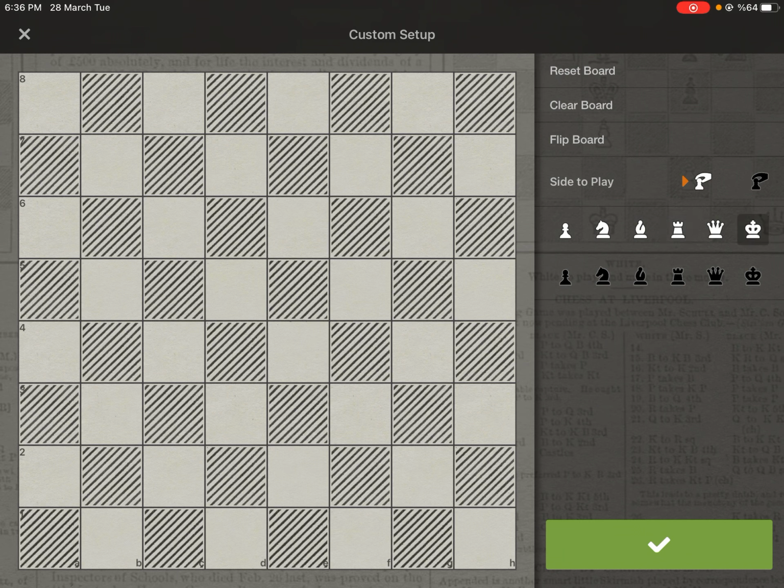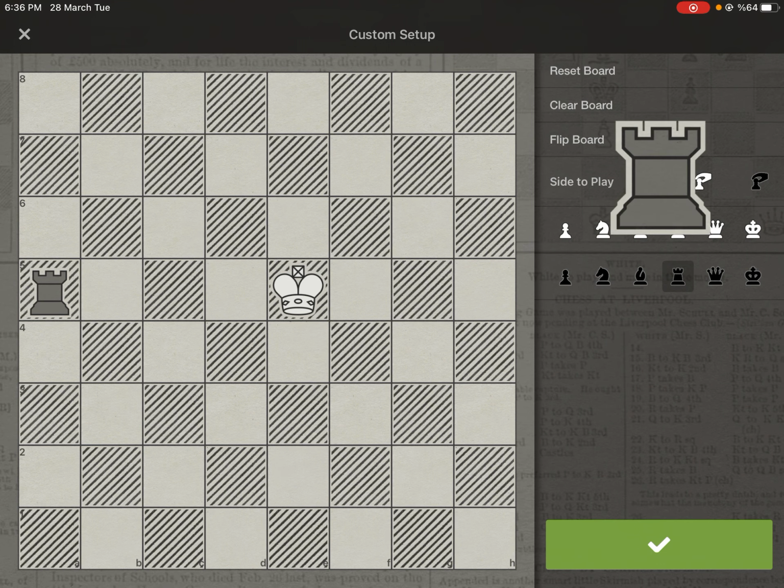Let me teach you about check. Check is when the king is in a position to be threatened to be captured. It means that on the next turn he should do something called CPR for the king. Basically, C stands for capture, P stands for protect, and R stands for run. So basically,